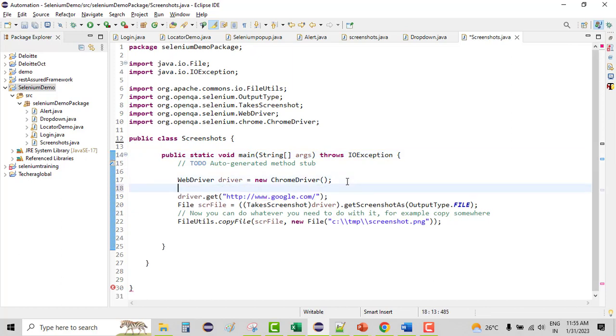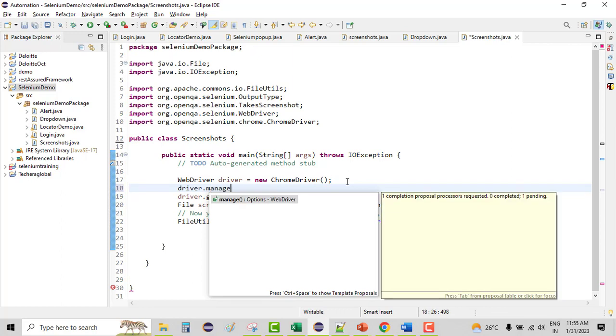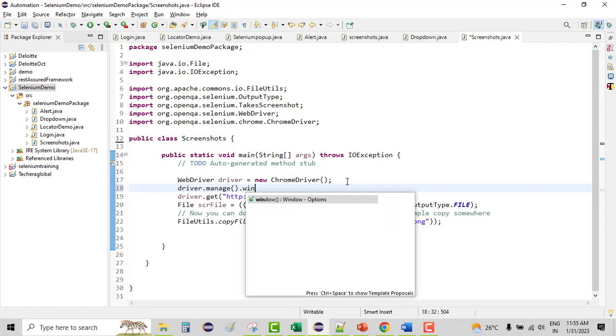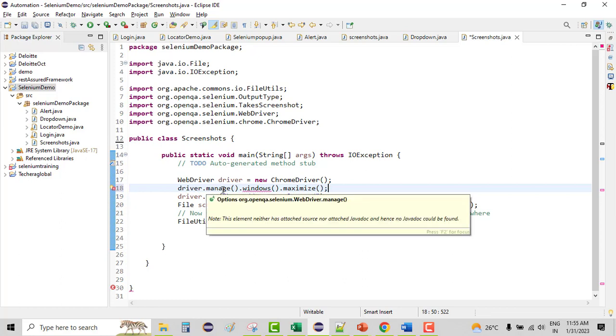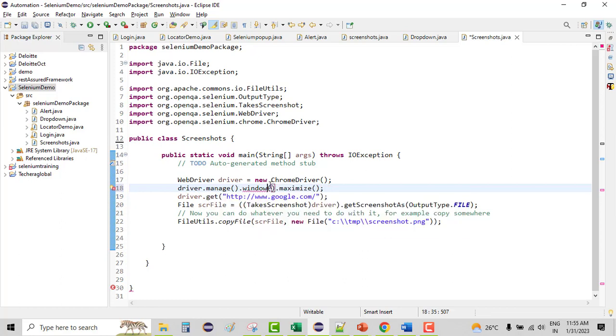We can maximize the window if we want to, which is driver.manage().window().maximize(). This will maximize the window size, and then I'm just opening google.com, so that's fine. We can just open any website of our choice. So we are opening google.com,